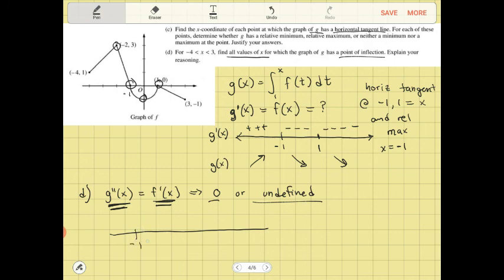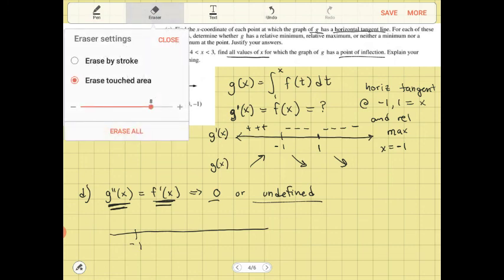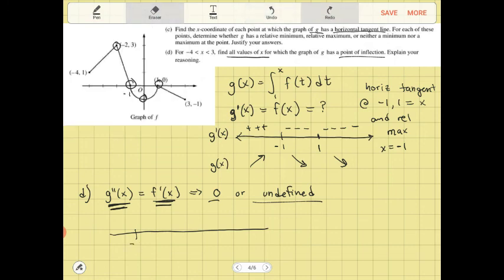So that's negative 2, negative 1, 0, and 1. And the second condition for your points of inflection is that the second derivative is changing signs,